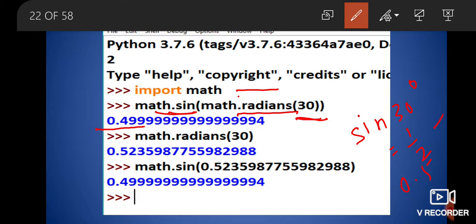Clear? Now here I have shown you the value of math.radians 30. So अगर आप 30 डिग्रीज को रेडियंस में कन्वर्ट करेंगे, then this will be the answer। और देखिए यहाँ पे मैंने वही वैल्यू जो मुझे math.radians 30 की जो वैल्यू मिली थी, मैंने वही वैल्यू जब यहाँ पास की, तो मुझे देखिए वही आंसर मिल रहा है जो मुझे इस स्टेटमेंट से मिल रहा था। क्लियर? So instead of doing it in 2 steps, I can simply do it in a single step. Okay, so you have to first convert the degree into radians and then provide it to this function.